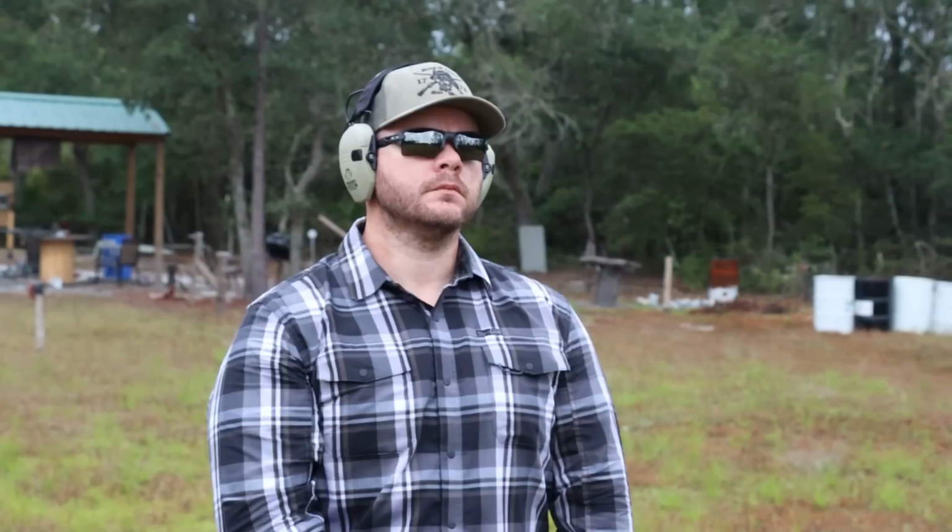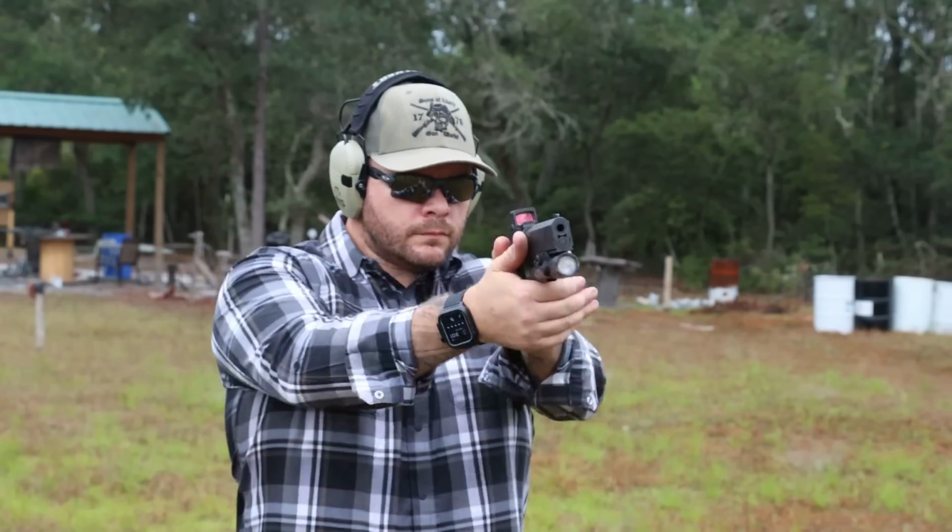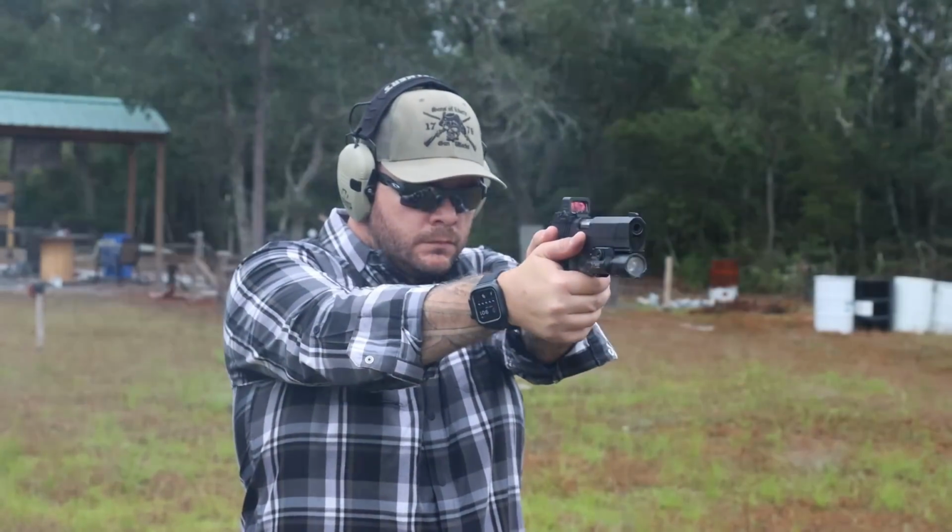This gun kind of begs for a 20-round magazine just based on the full-size nature of it. However, I did run 17s. What I found is the older generation of 17-round STI mags didn't really work with the flared mag well. That's okay. That's something you've got to identify. You may have to change your floor plate or whatever. Newer generation, Gen 2, Gen 3, I don't know if there is a Gen 3, but I definitely know there's a Gen 2 because I own a bunch of them. Those 17-rounders functioned flawlessly. The MBX mags it came with functioned flawlessly,